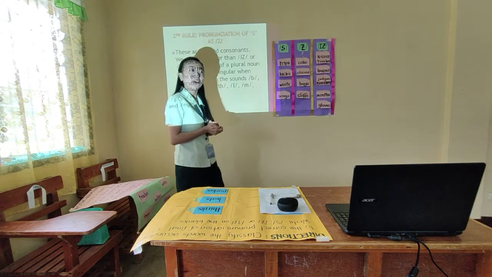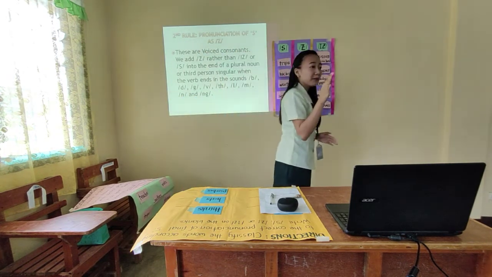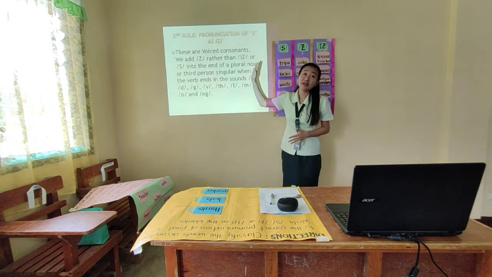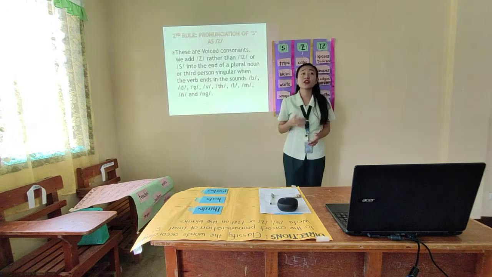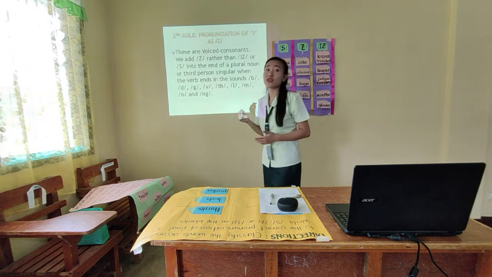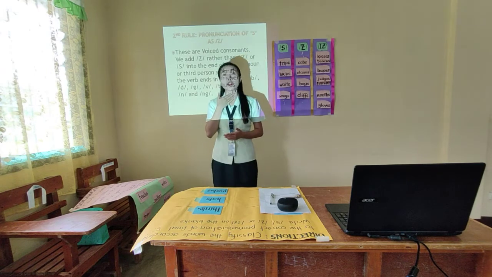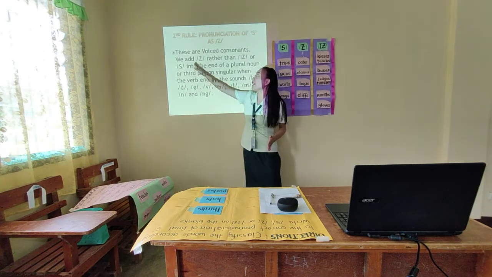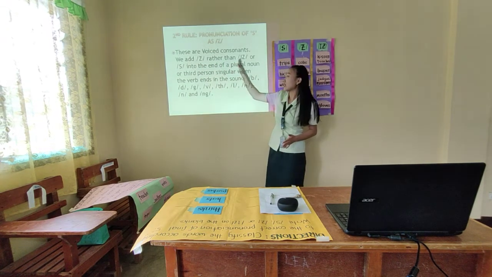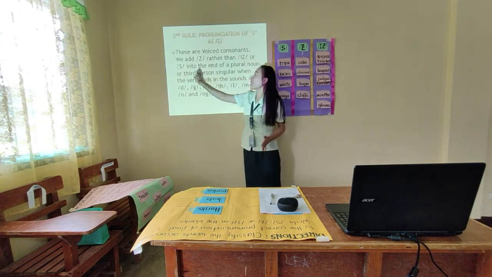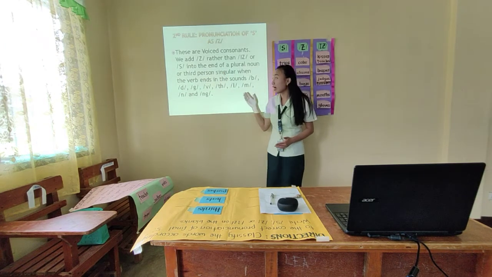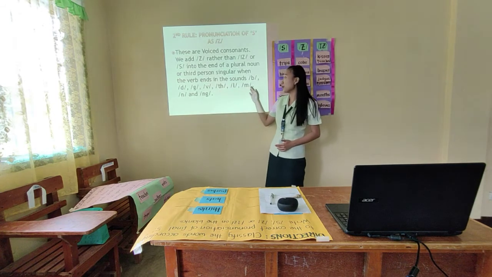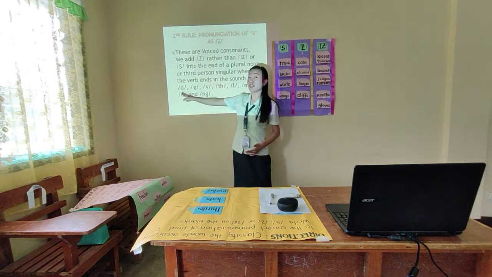Okay. I would like to hear from Joshua. Very good. So when we say voiced consonants, these are the words that if we pronounce, there are vibrations on our throat. Okay? So it says here, we add z rather than is or s to the end of a plural noun or third person singular, and the verb ends in the sounds b, d, g, v,